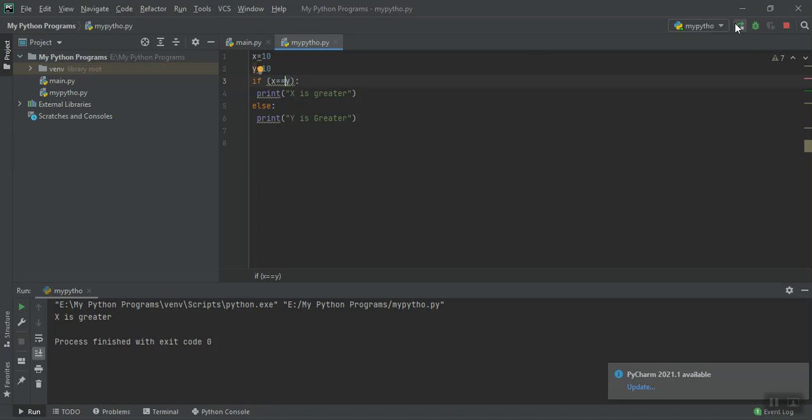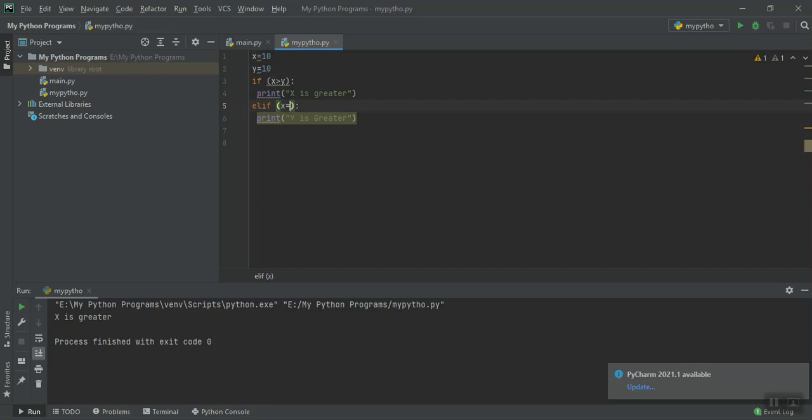It is not checking whether it is equal. Only it is checking that it is greater. So what I have to do is that when it is equal, this will be done. Else if part is there, right? The syntax for else if is elif, and the condition you want to put here.